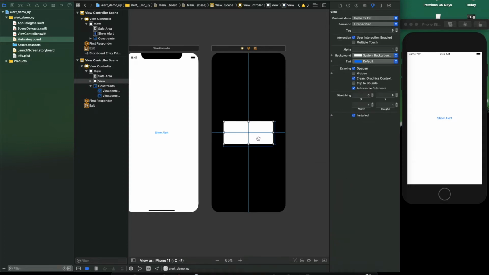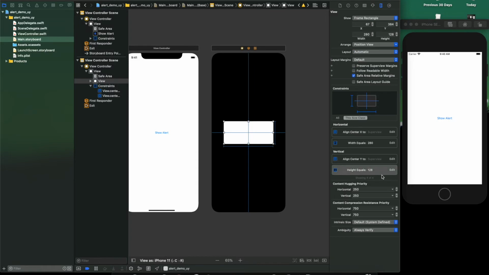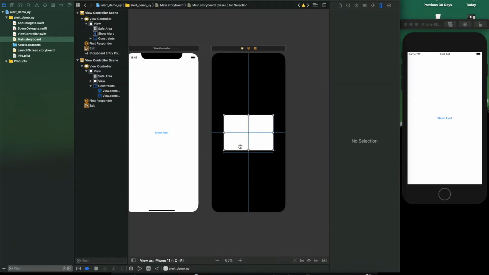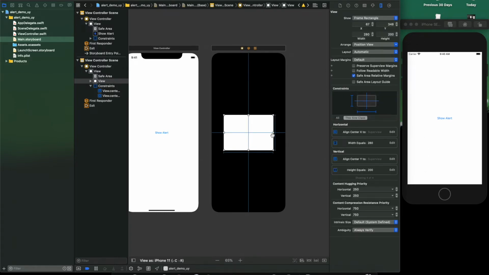Let's increase the height as well. So nothing is fixed here, you can give any width and height according to your need. I am just giving some random values so that it will look more presentable. So okay, our basic UI alert is ready.